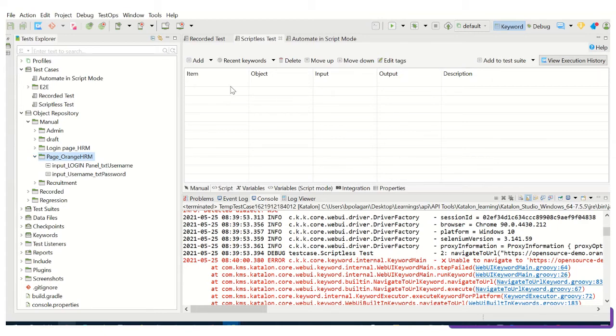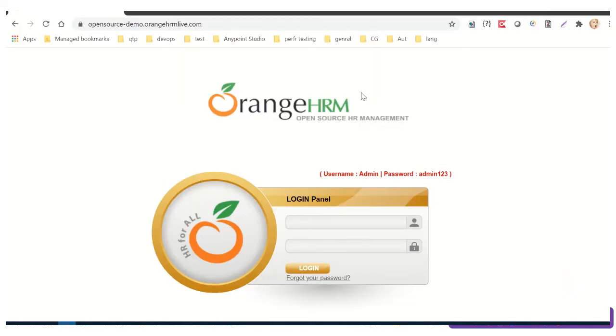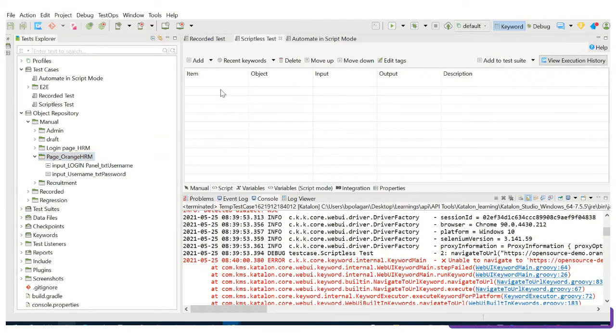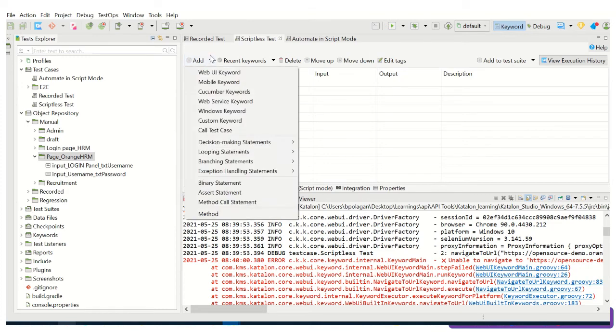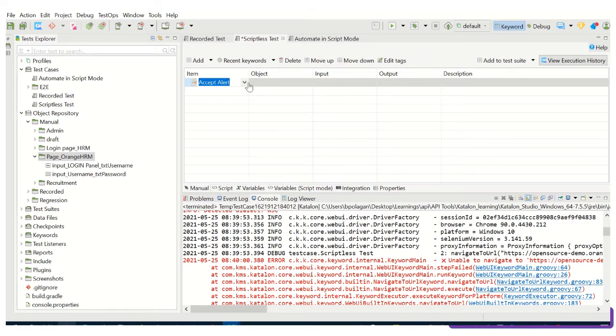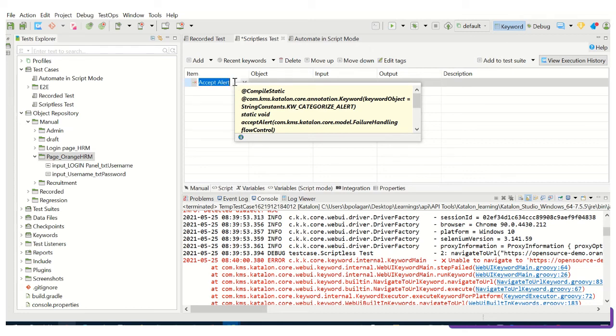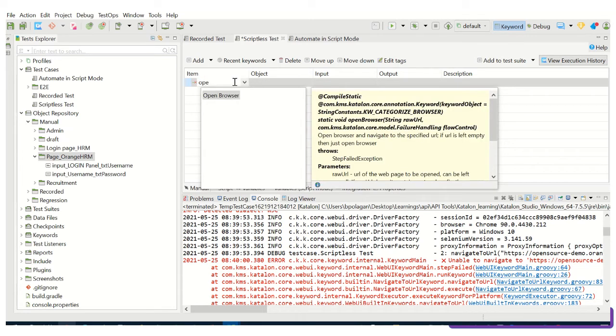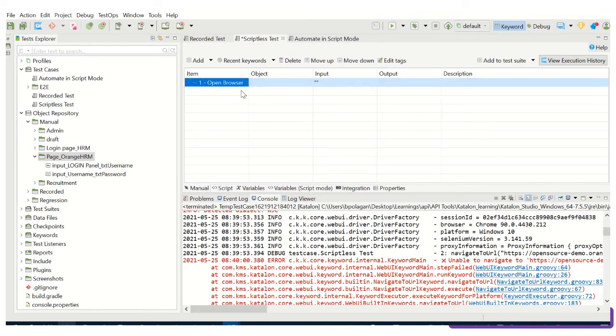The second step is to add the steps for the application which you want to automate. So the first step is going to be opening that OrangeHRM URL, right? So I have to click on these keywords. I'm doing web application automation, so you go to web UI keywords. Here you can choose the keywords from the list, or if you start typing, it will show you the relevant keywords. So I'm opening the browser, so that's the first step. I open the browser, and then it will launch the